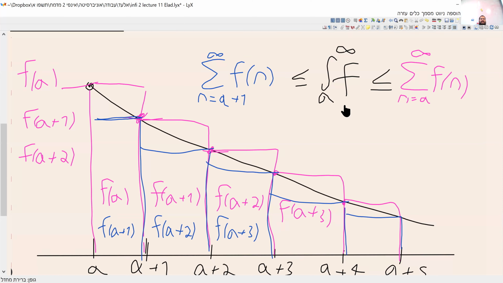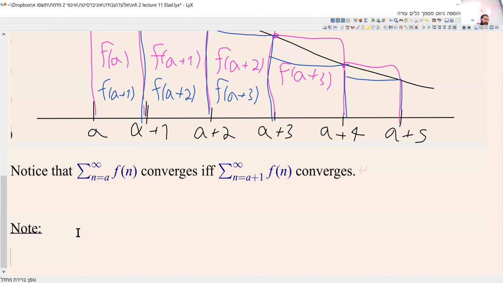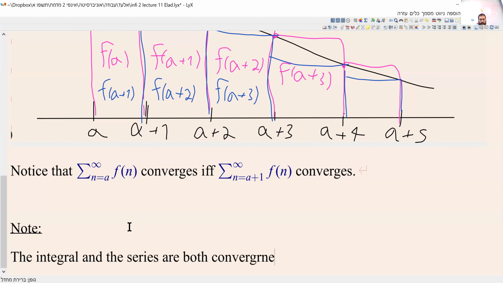I started to say, we see that while both are convergent or divergent together, the sum is greater than the integral. So they do not converge to the same number. Okay? Note the integral and the series are both convergent or divergent, but if you want to be more cautious, they do not necessarily